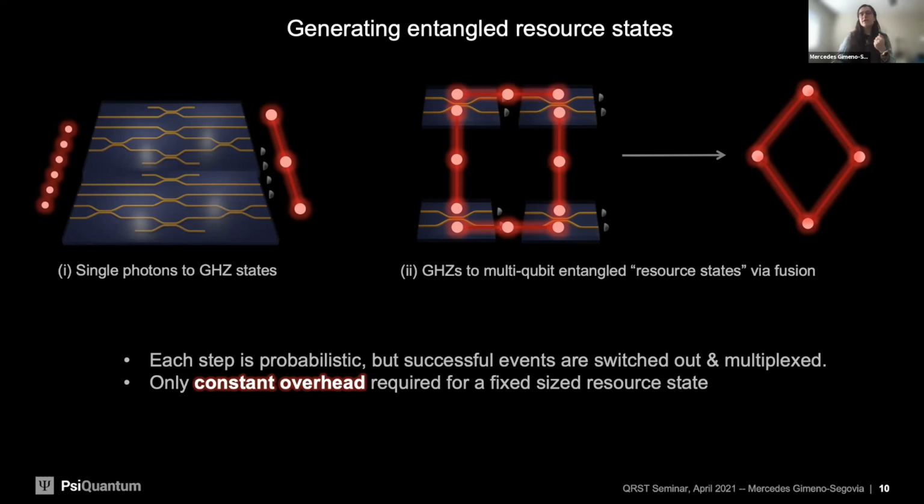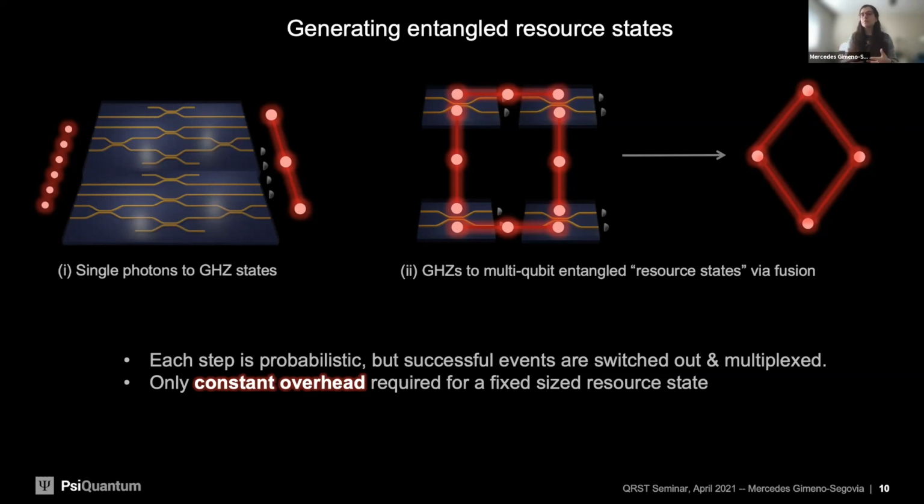Maybe I don't catch it here. Maybe I catch it at the next step where I'm expecting a photon and I don't get it. But this sequence of heralded operations really gives us information about the errors. And what we can do is, whenever the operation fails or we detect an error, we can switch out the